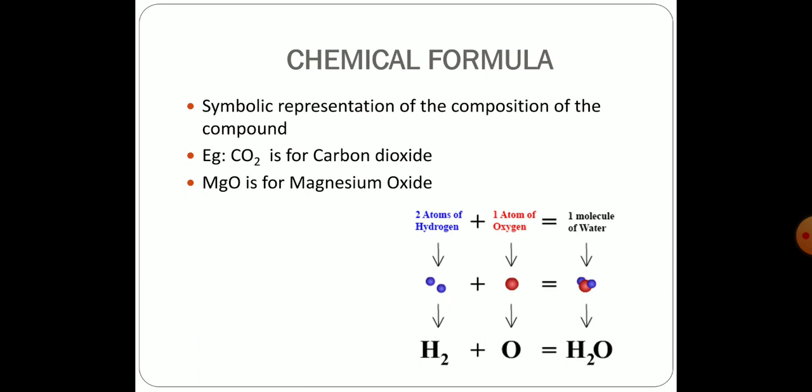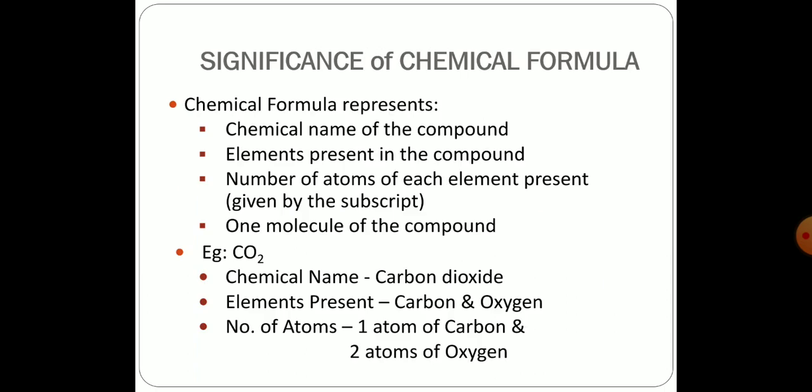H and O are on one level, which means you write the 2 one level below. Okay, so that is where we are writing the chemical formula. How are we going to write the chemical formula, or what is the importance of the chemical formula? Mainly it gives the chemical name of the compound. Yes, chemical name. And then it will say what elements are present. Yes, and then we can say the number of atoms